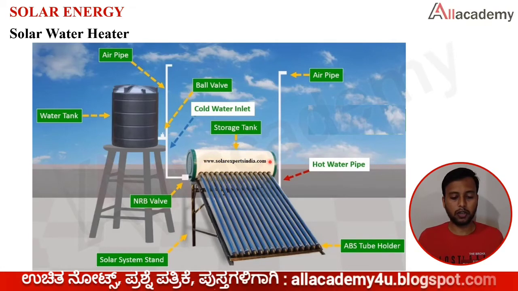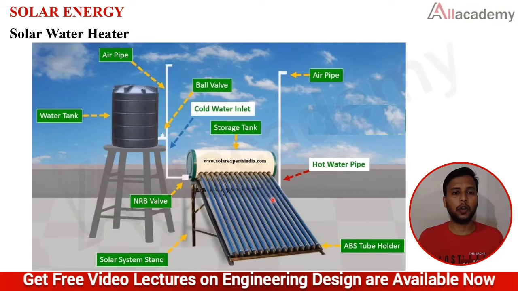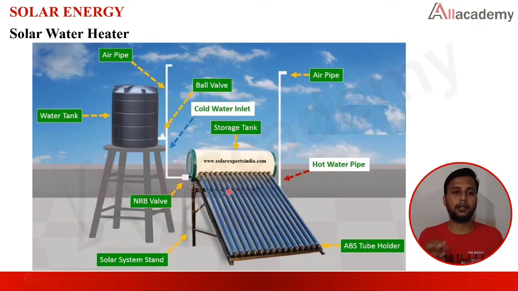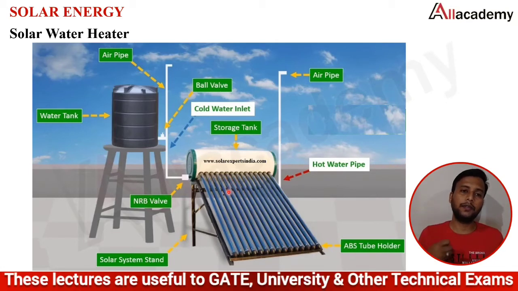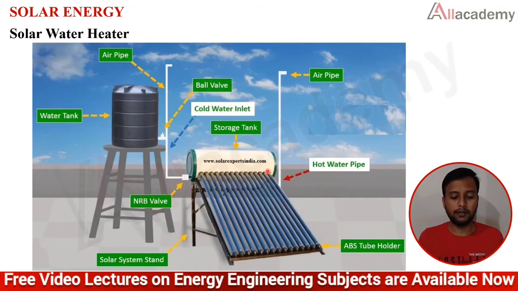This is a hot water tank. The water is fed and passed along these tubes. These are the absorbing tubes, which have a good absorbing property for whatever sunlight is there. Along with that absorption, they transfer the heat into the water, and this hot water is supplied and stored in the storage tank whenever I require it.